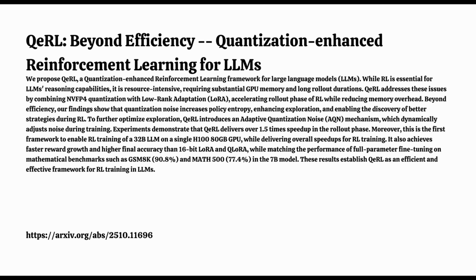Wide training wheels. Exactly. Then, as training progresses and the model starts figuring things out, the scheduler gradually reduces the noise scale down to a much lower level, maybe sigma end. That tightens the training wheels, allowing for fine-tuning and exploiting the good strategies it found. That makes sense. But adding this dynamic noise, doesn't that add complexity, maybe more memory usage, kind of defeating the purpose of quantization? That's a really good point, and they had a clever solution for it, something they call the noise merging trick.